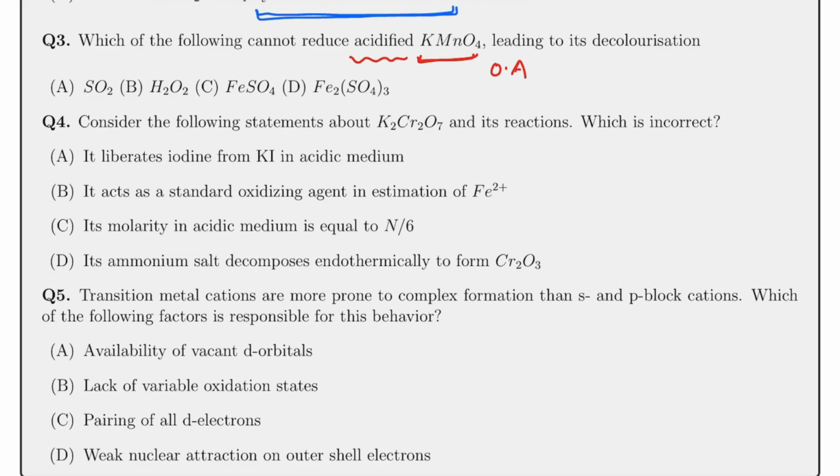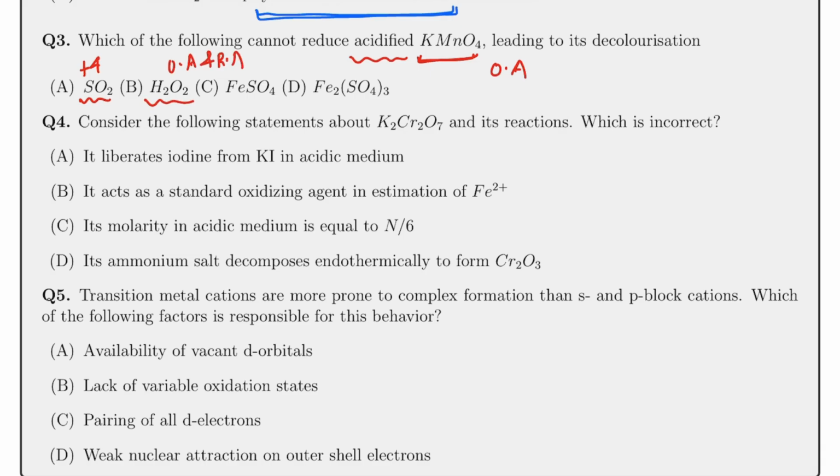you have acidic medium. So if it's a strong oxidizing agent, it will be oxidizing the one which is in front of KMnO4. So if I talk about SO2, then over here sulfur is +4. So KMnO4 oxidizing sulfur, yeah, sulfur can go from +4 to +6, then this is correct. There is no issue. Regarding H2O2, if I talk about, then H2O2 can act as both oxidizing agent as well